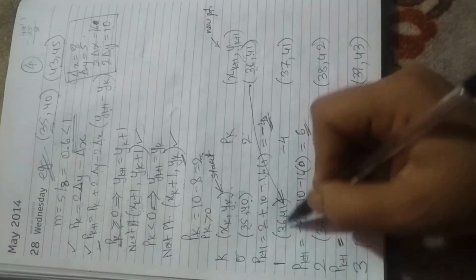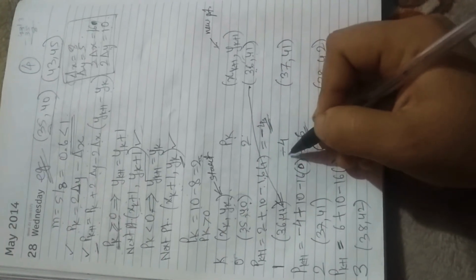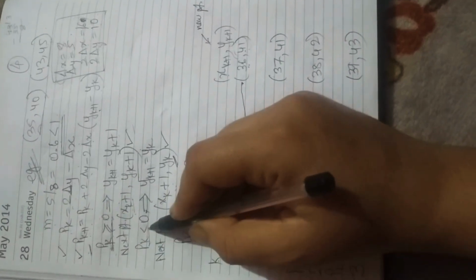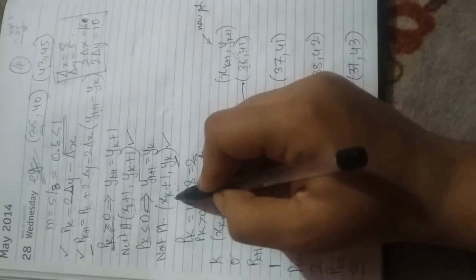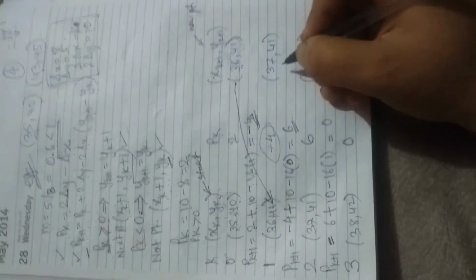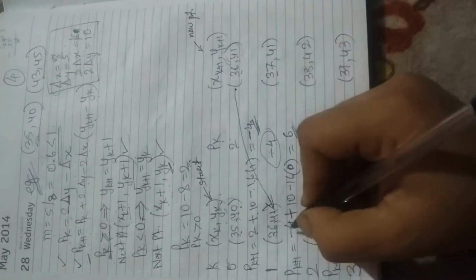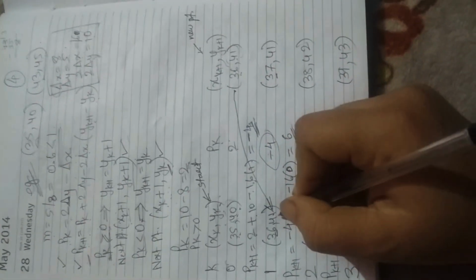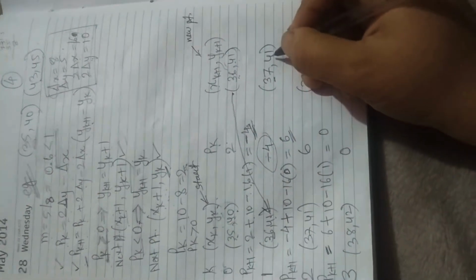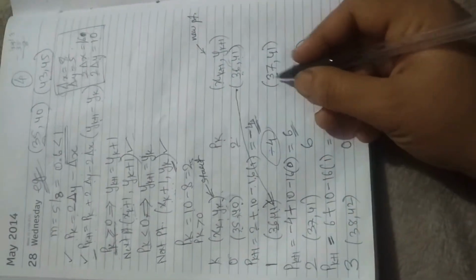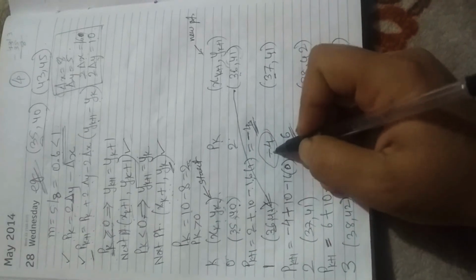So this is 36, 41. Now our value of pk is negative. So when pk is negative, it will come into this case and only x will be incremented and y will be the previous value. So we are going to increment this x. It was 36 over here, so now it will be 37. And what about y? Y was 41, so now again it is 41 only. Why? Because this pk value is negative.